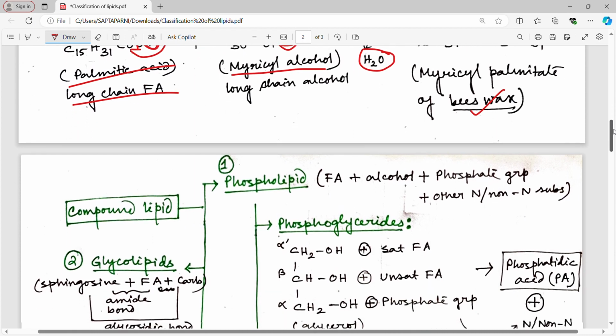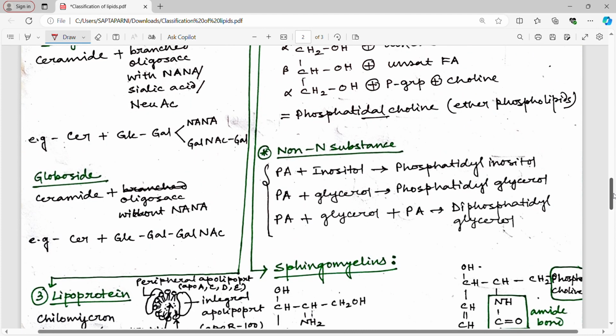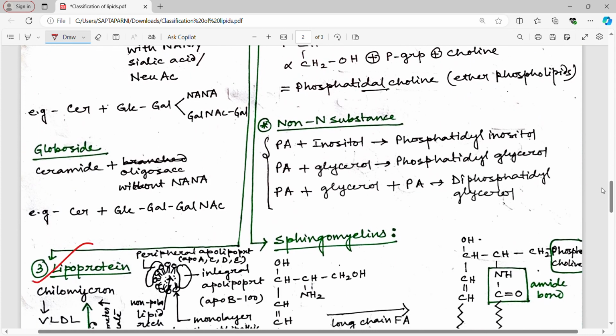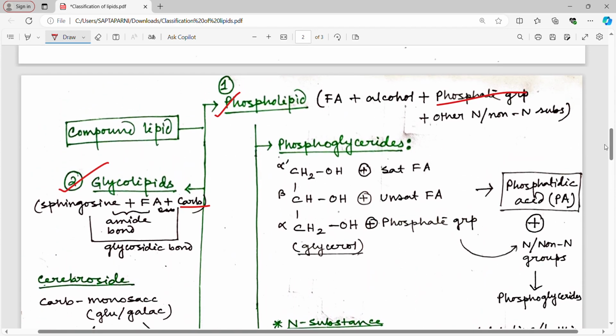Now coming to the main part, the compound lipids. What are compound lipids? Compound lipids are those which are esters of fatty acid and alcohol along with other groups. When the other group is phosphate, that type of compound lipid is known as phospholipid. When the other group is carbohydrate, it is known as glycolipid, and when the other group is protein, it is known as lipoprotein. So there are 3 types of compound lipids: phospholipid, glycolipid, and lipoproteins. We will come to each